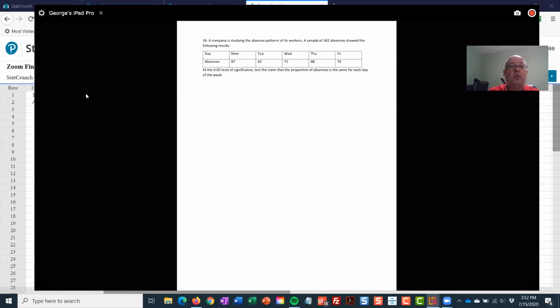We're moving on with our final review. I'm on problem 16 in our Zoom final review. This is a chi-square test of some sort. A company is studying the absence patterns of its workers. A sample of 362 absences showed the following results. At the 0.05 level of significance, test the claim that the proportion of absences is the same for each day